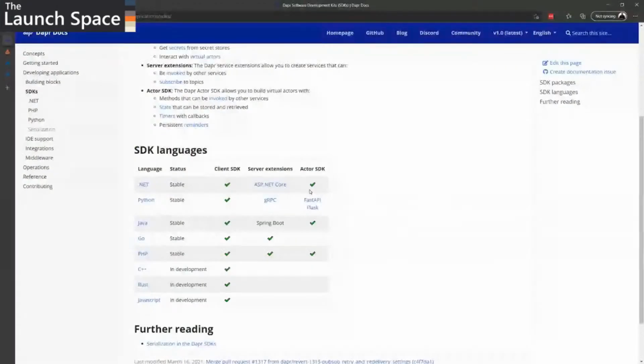Yeah, let me share again. It's always best to just show you how to find these things. If you go to docs.dapr.io, there's great documentation. It shows the language SDKs down here at the moment. You've got .NET, Python, Java, Go, and PHP, which are the ones in V1 support. You can go underneath developing applications, and it has the SDKs here, showing a list of some of their capabilities.